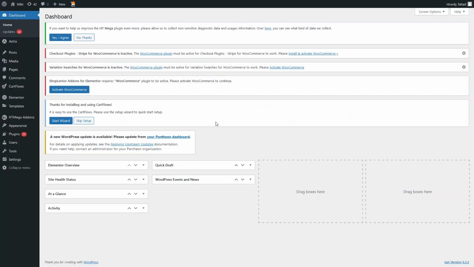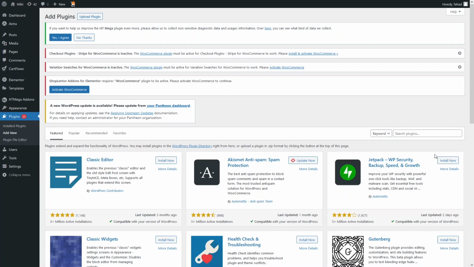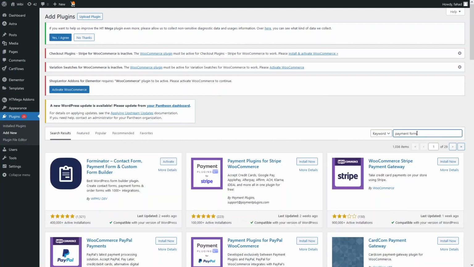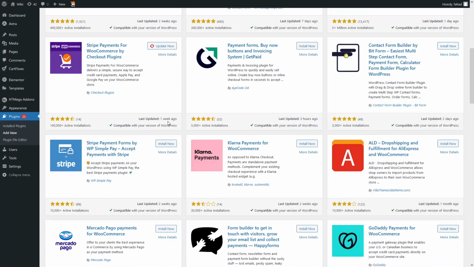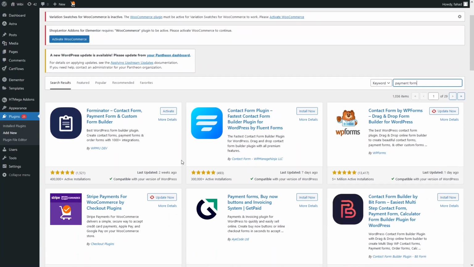Alright, so to create the payment forms, first of all we have to go inside the plugin and click on add new, and from here you just have to write down payment form here, and you will be able to see the different forms here: the Forminator, Contact Form plugin, Contact Us form, Contact Us by WPForms. So you can see a bunch of different forms here, but right now I will be using the Forminator. So I have already installed this. All I need to do is click on activate,